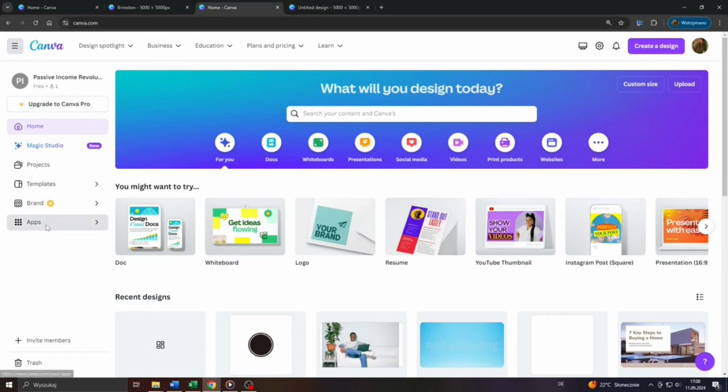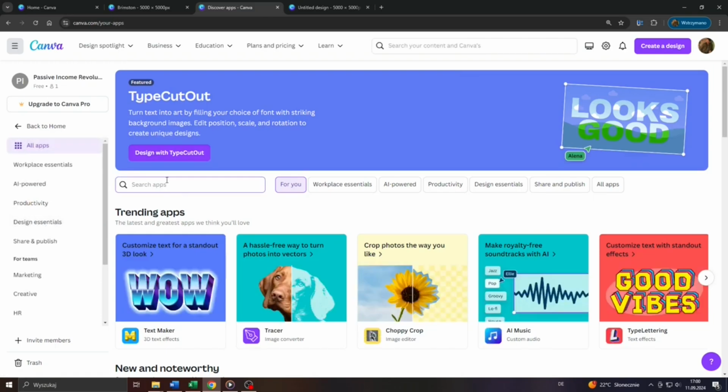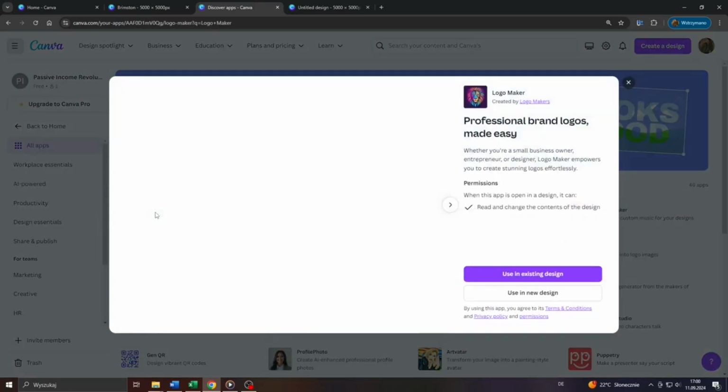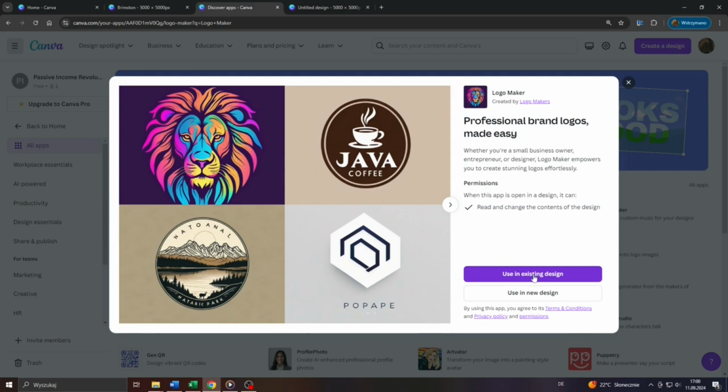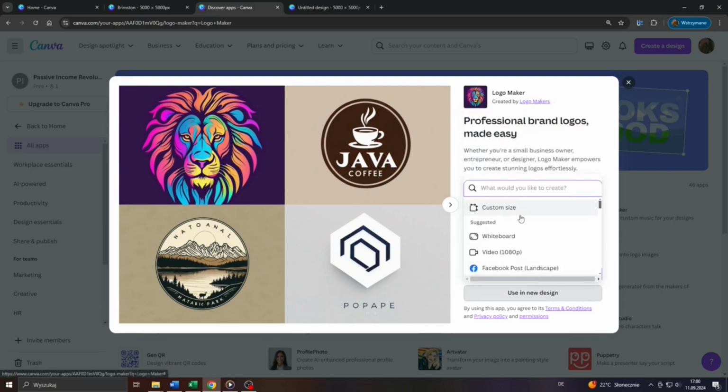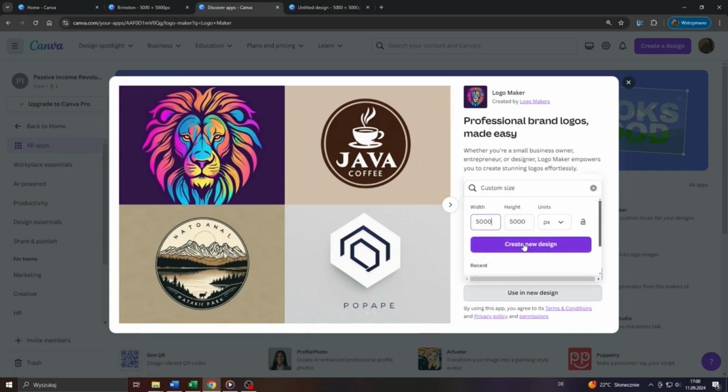And the third one would be to simply use the logo maker, the AI powered logo maker, the feature here on Canva. To do that, head back to your home screen on Canva, type in here in the search bar something like logo or logo maker and choose that entry here at the top, logo maker. After that, click on use a new design here, unless of course you would like to use a pre-existing design for that, choose your brand logo's custom size like 5000 by 5000 px, and after that